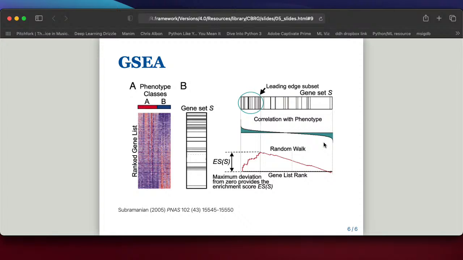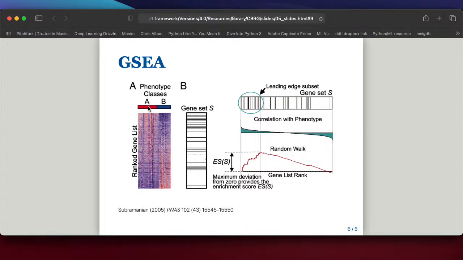Gene set enrichment analysis is different in at least 2 fundamental ways. One, you use all your genes in your experiment as input. And 2, GSEA takes into account the rank of your genes. Now, you need to decide how you rank your genes. You can do it based on fold change, p-value, test statistics. So to just quickly go through, the original approach was described in 2005 in this paper.